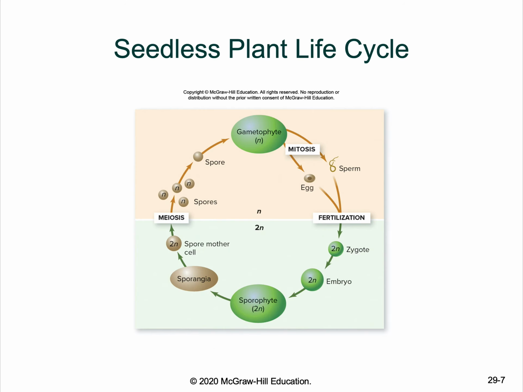The life cycle of seedless plants is a little bit different, mostly because they don't have seeds, right? And most people can't even think of that, plants that don't have seeds. So what they have are what we call spores. And so that's the biggest difference between seeded and seedless plants. That's one of the biggest reasons, is that they don't have seeds, they have what we call spores.